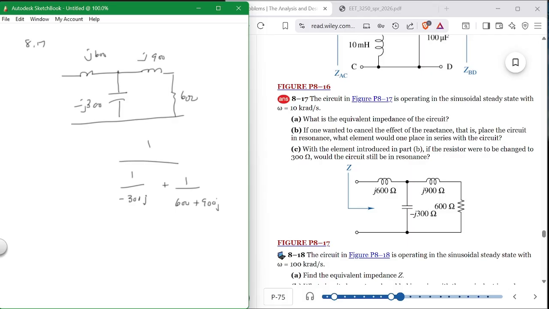I'll get it. 600i plus 1 divided by parenthesis 1 divided by minus 300i plus 1 divided by